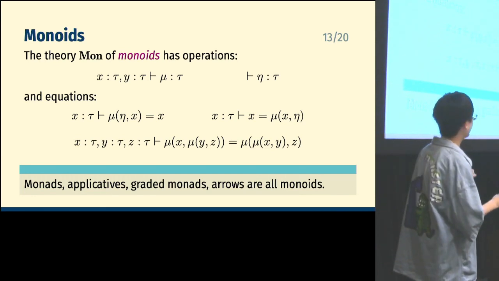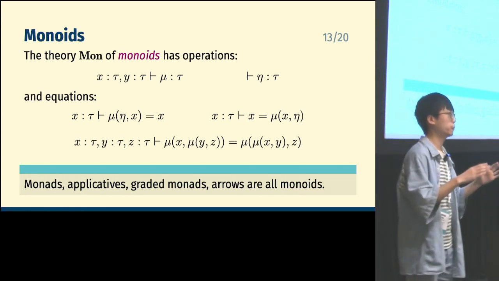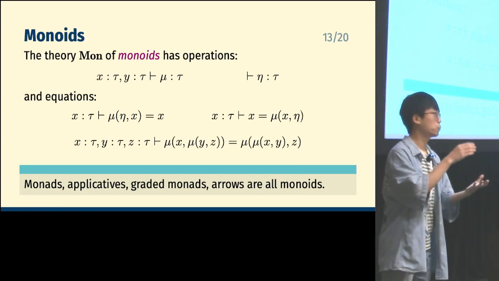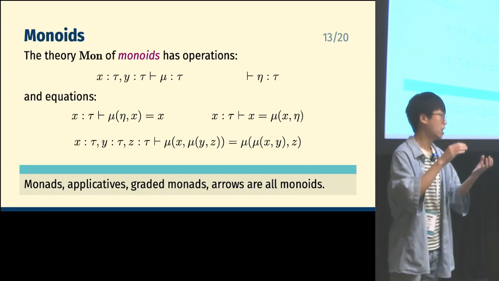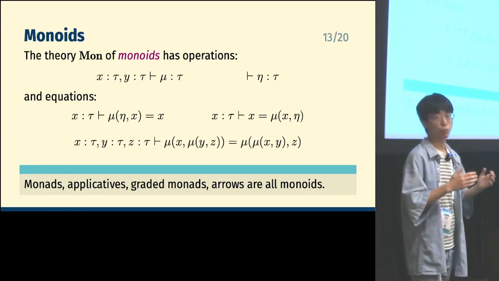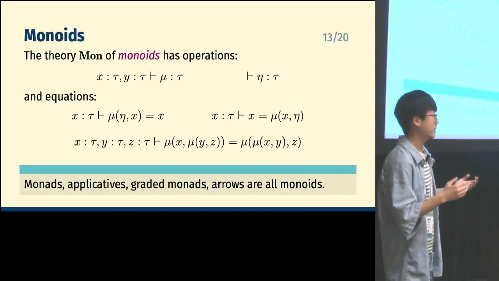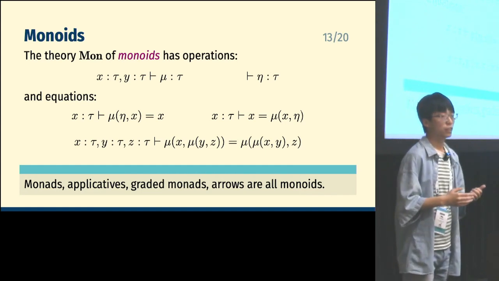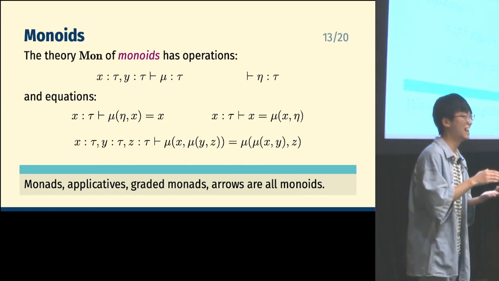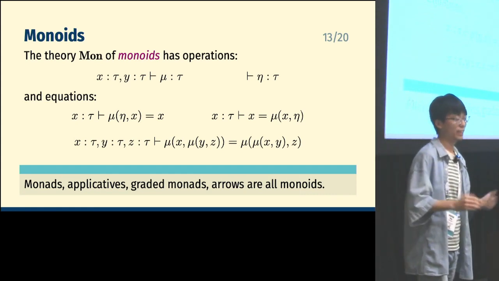But the new thing is that this type theory can be interpreted in any monoidal category. So for example, if we interpret this type theory in the category of endofunctors, where the monoidal product is interpreted as sequential functor composition, then monoids become monads. And instead, if the monoidal product is interpreted as something known as the Day tensor product, then monoids become applicative functors. So monoids in monoidal categories are a very general construction that encompasses many abstractions that we use for modeling computational effects.